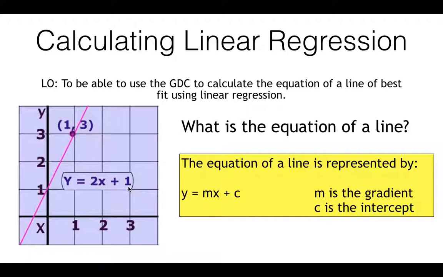And the c is the intercept. So here the intercept is 1, and that tells us that the line crosses at the point y equals 1. So that's what those two bits of information tell us. So how's that going to be useful to you? Well,